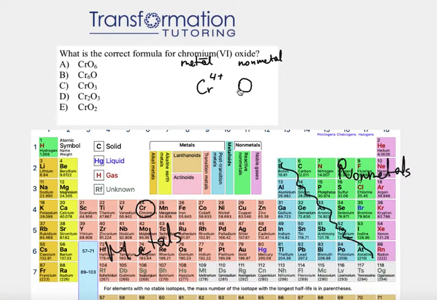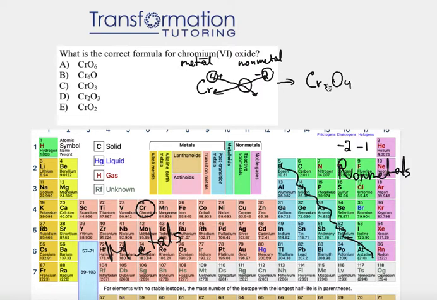Now, what is the charge of oxygen? You can just remember that group 17 will have a charge of -1 and group 16 will have a charge of -2. Oxygen is in group 16 and it has a charge of -2. Once we have these numbers, we can cross multiply them so that each partner gets its partner's number. So 4 will go here and 2 will go here, and we get